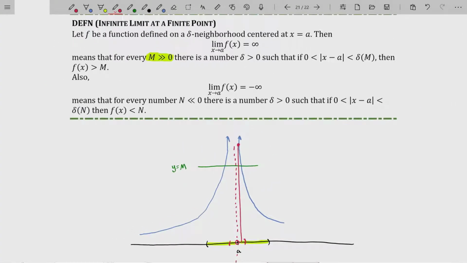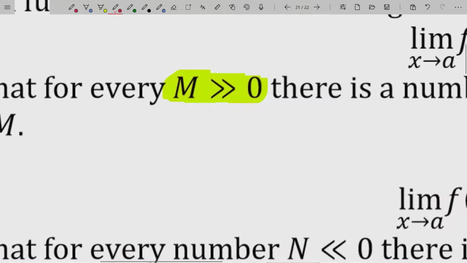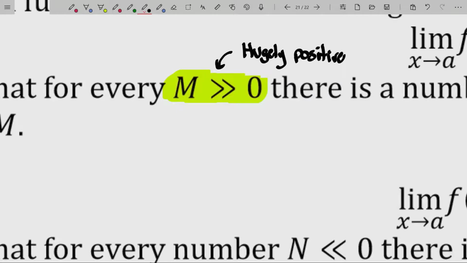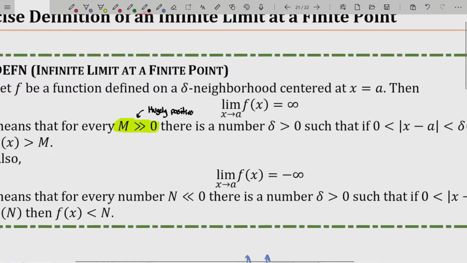So for every huge number, and that's what this greater than means, it just means this is a huge number, a hugely positive number. And so for every hugely positive number, there is some small number, delta, such that as long as x is within a delta neighborhood,